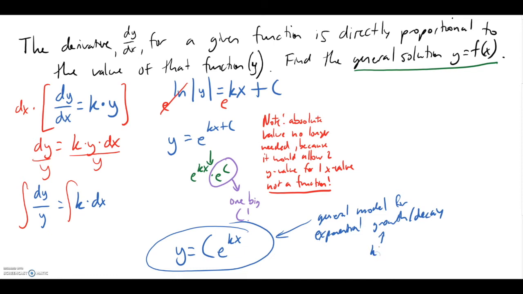Growth when that k up in the exponent is greater than 0, if we recall that from previous courses. Decay when that k value is less than 0. And so working through a problem like this just serves to do a couple things, getting us to a point where we can say that we are comfortable